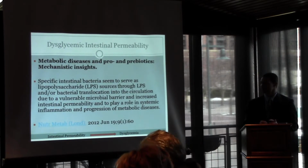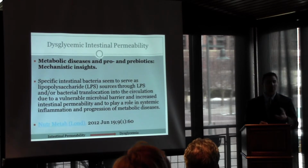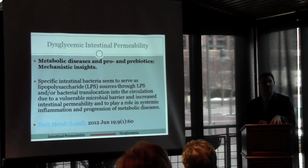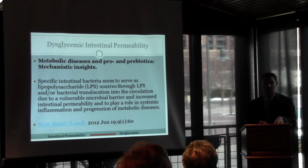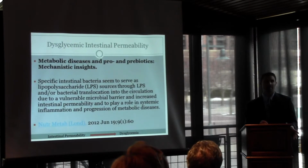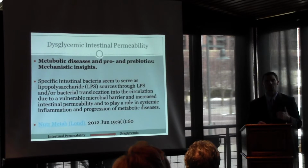And to that point, let me say this, because I think I overlooked this. Two things I tell my patients when I'm starting out, depending on what I find in their labs: if they've got dysglycemia or if they've got an anemia, I tell my patients that until we get these two things under control, don't expect to have miracles begin to happen here. You've got to control those two aspects of your physiology, or literally everything will begin to fall behind that. So I try to stress that to them